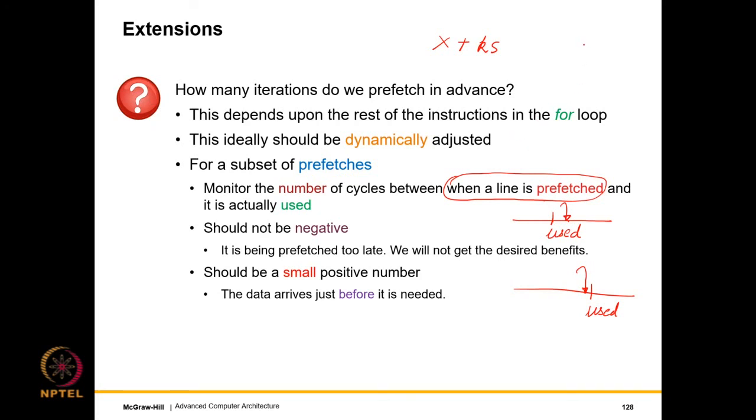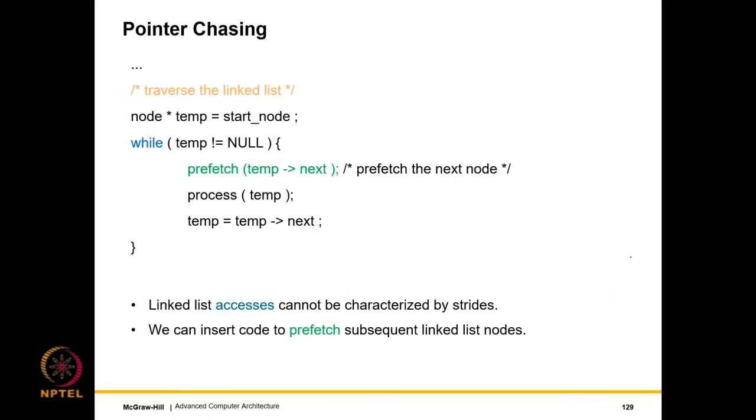Now the question is, if I have a given PC and we know that this is a part of the loop, if I fetch the address that is going to be used in the next loop iteration, it is possible that I might reach the next loop iteration first and the data will come much later. So what I should do is fetch something which is maybe several iterations later. This will ensure that this distance is just about optimum and this is when the data arrives. So we have this scenario over here.